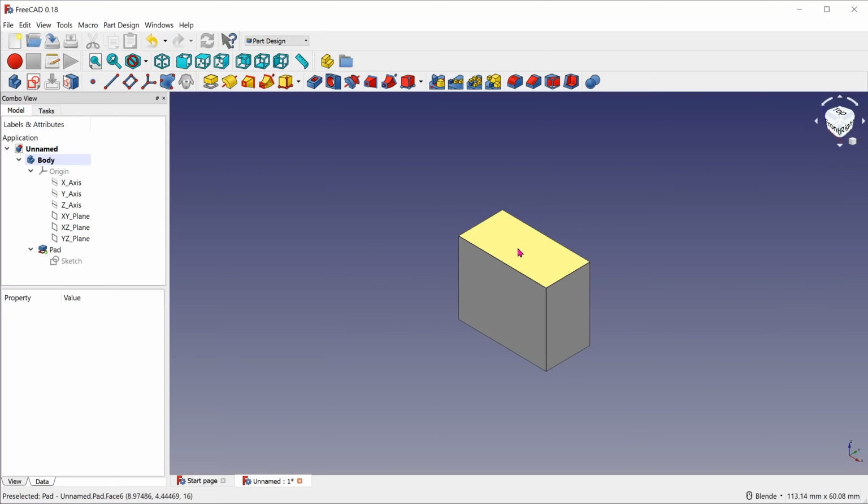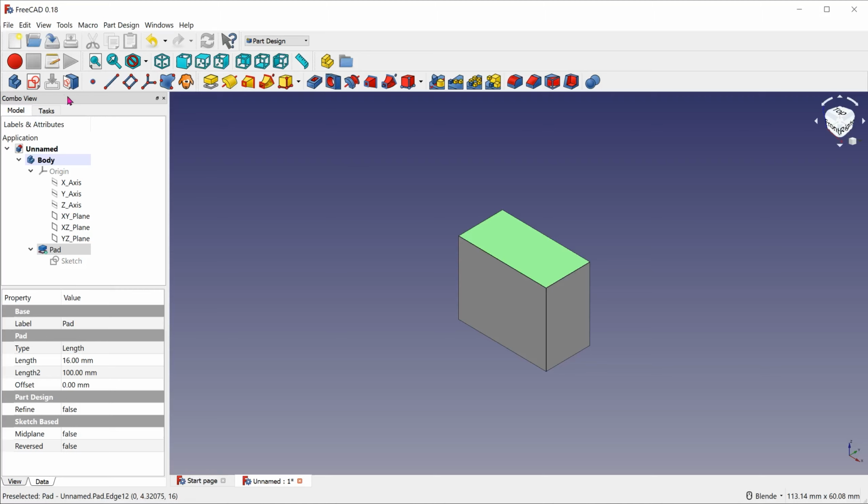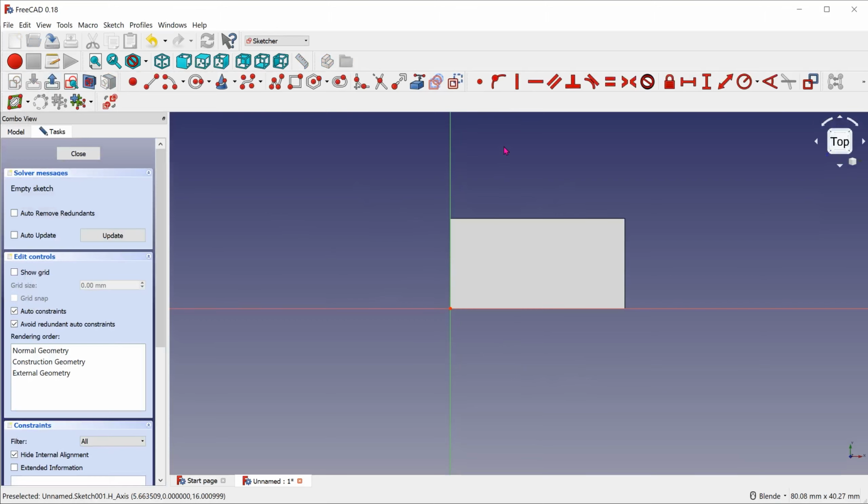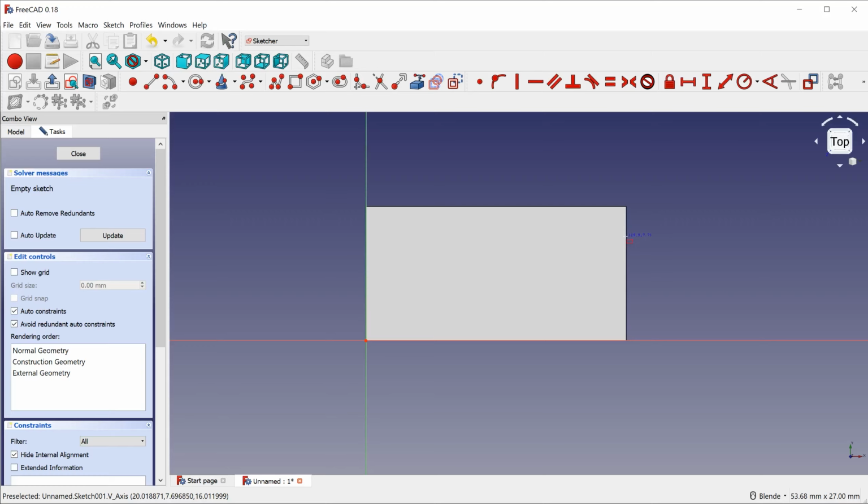Let's make a cut on the top face. Select the face and click on Create a new sketch. If I start a rectangle and try to snap to the edge of the existing solid, I will not be able to do so. We need to use a command that is similar to the project command in Fusion 360. To do this, click on this icon to create an edge linked to an external geometry. Click on this edge. The edge gets projected in magenta. Now you can snap the rectangle to this edge.